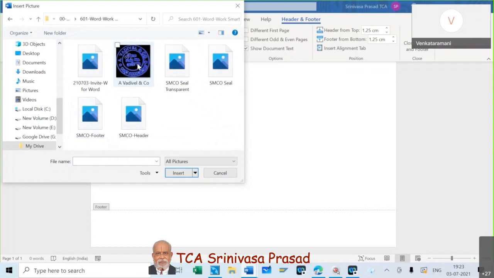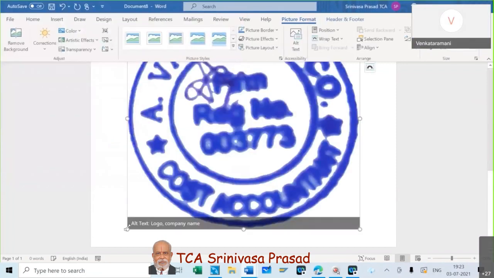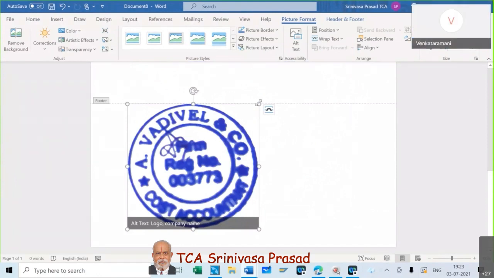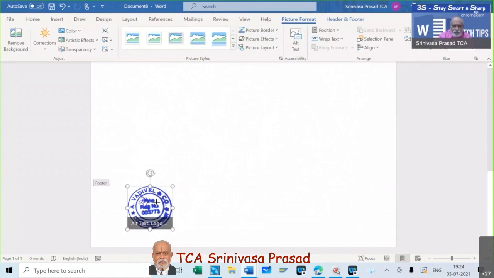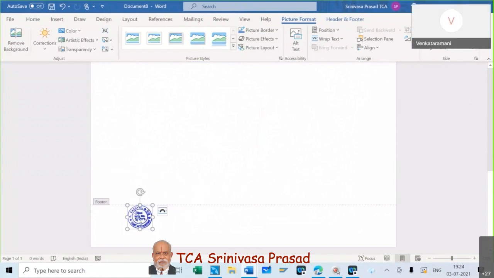This is Vadivel's, this one. So I will insert. We'll make it smaller. I'm just telling you how you can do it, so that later on you can test it yourselves. Now, when you want to move this, it will not move. I don't know how many of you have noticed, whenever you insert a picture, it doesn't move.